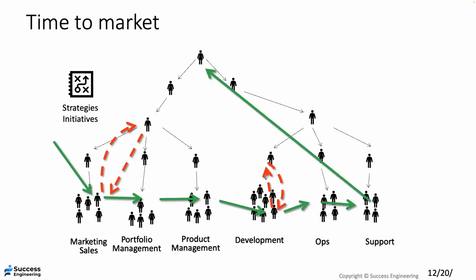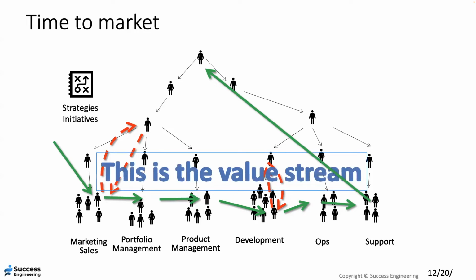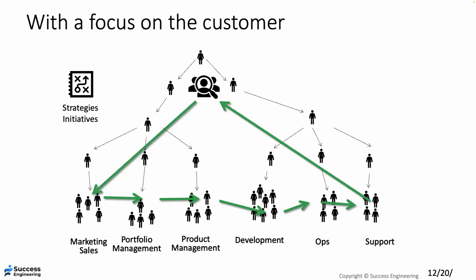We're trying to get this time to market from when we start it until it gets back to, well, here I've got it shown at the top of the hierarchy, but then release to the customer. This is the value stream. Value streams are not defined, they're observed, and you can improve them with a focus on the customer. So I put that in here to show this is what we're trying to do. Value streams start with the customer in mind and end when the customer consumes value.